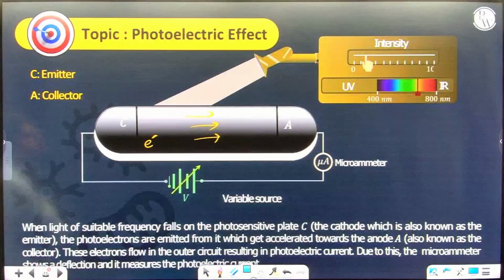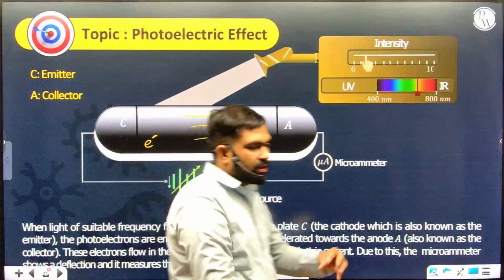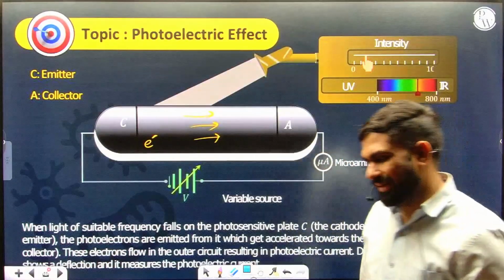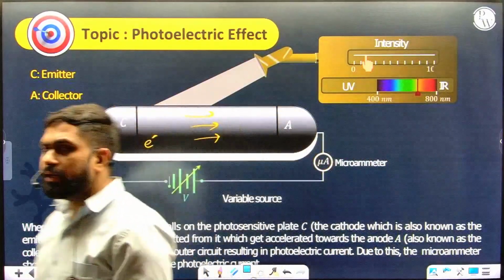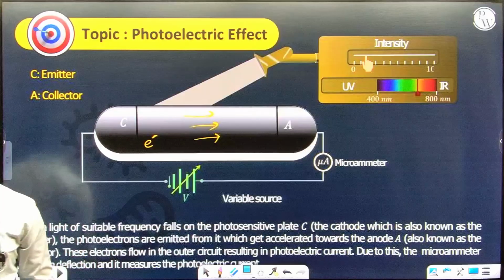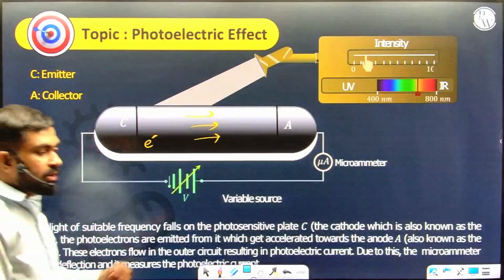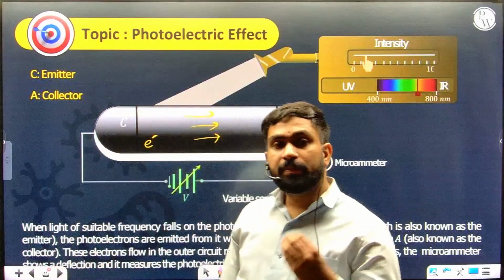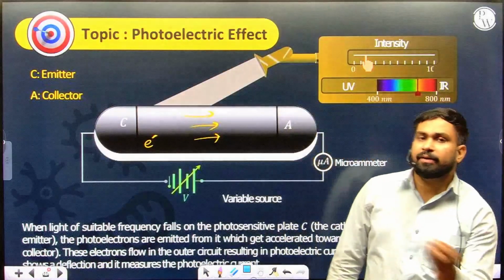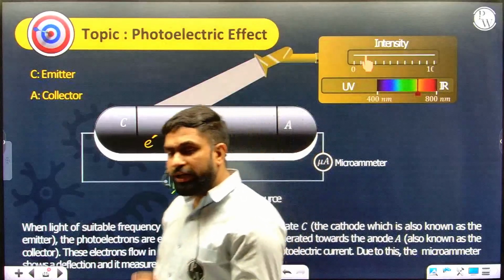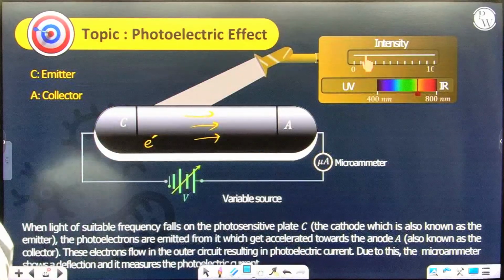Okay, alright. So the photoelectric effect is a phenomenon which gets us the idea that electrons behave as particles also. How do they behave as particles? They possess energy, they possess momentum, and they interact with other particles. So definitely they behave as particles as well.